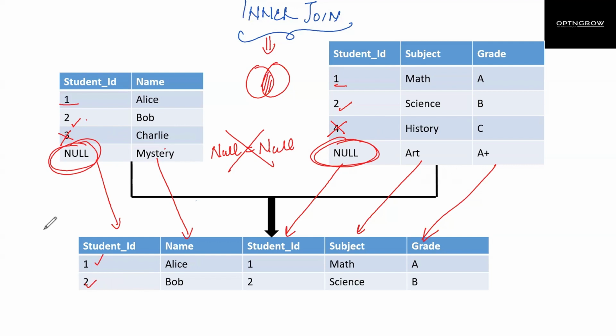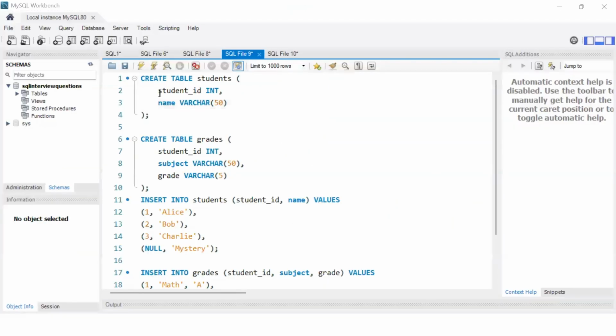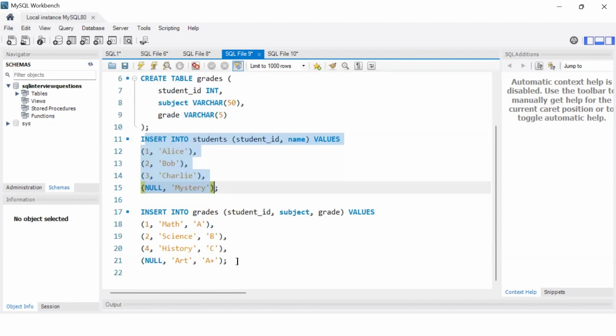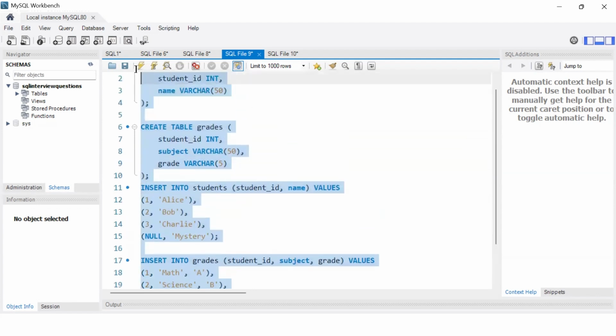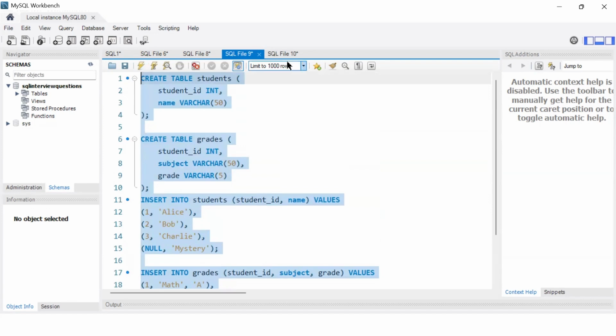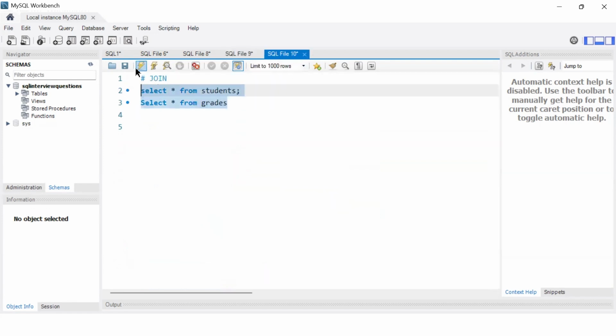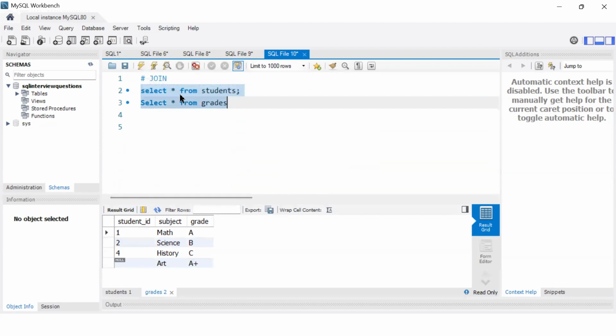I'll also quickly show it to you on the database. As you can see, I have created both the tables and I have inserted the data into the tables. I'm going to provide you this code in the description of the video. Here I'm querying both the tables in order to just see what we have in the tables. We have already seen this data on the slides. In this student table, we have two columns and we have the following rows. In case of grades, we have three columns and we have the following rows.